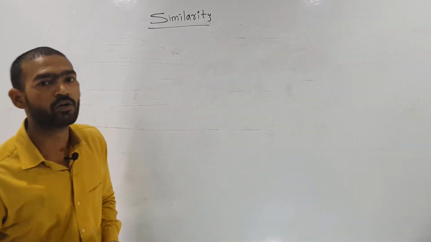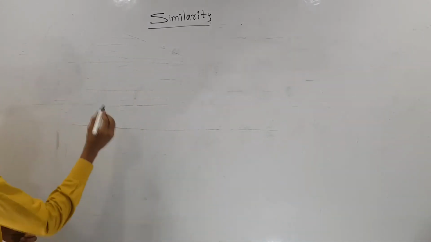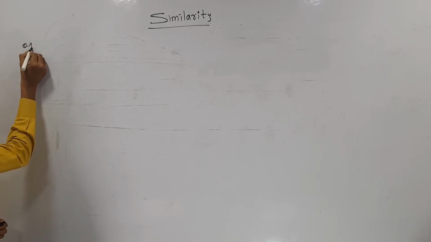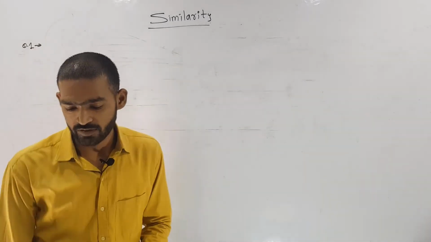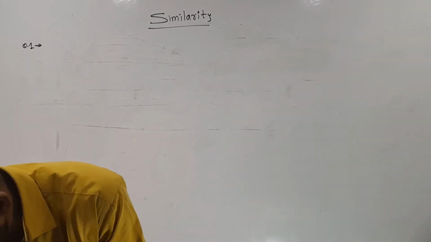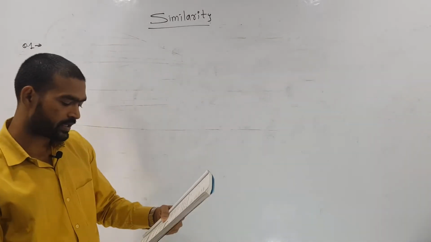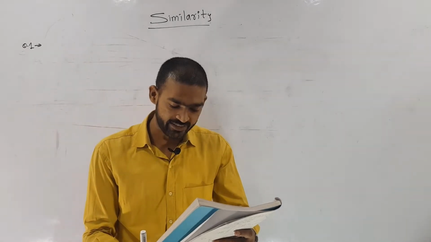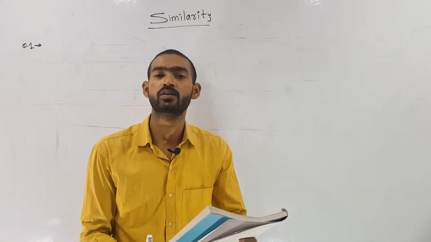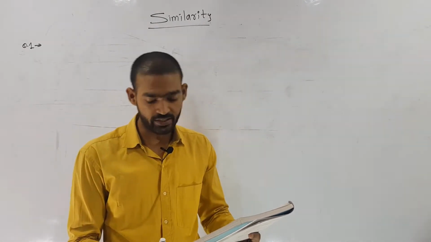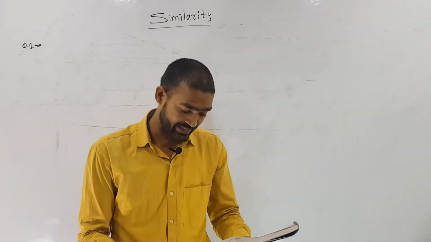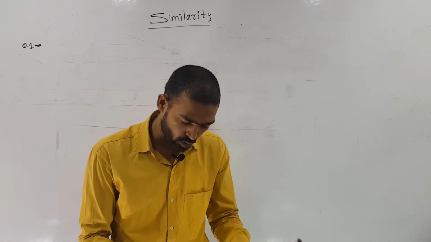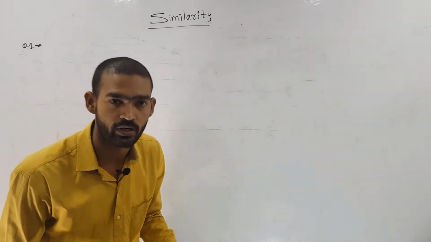Okay, students? So here we'll discuss the first sub question of your textbook. The first sub question in your textbook is: the base of a triangle is given 9 and height is 5. Base of another triangle is 10 and height is 6. Find the ratio of areas of these two triangles.